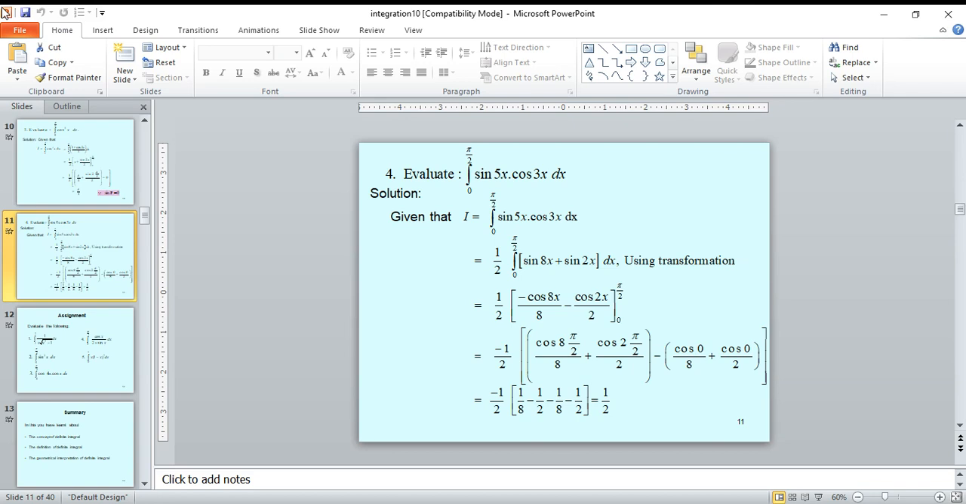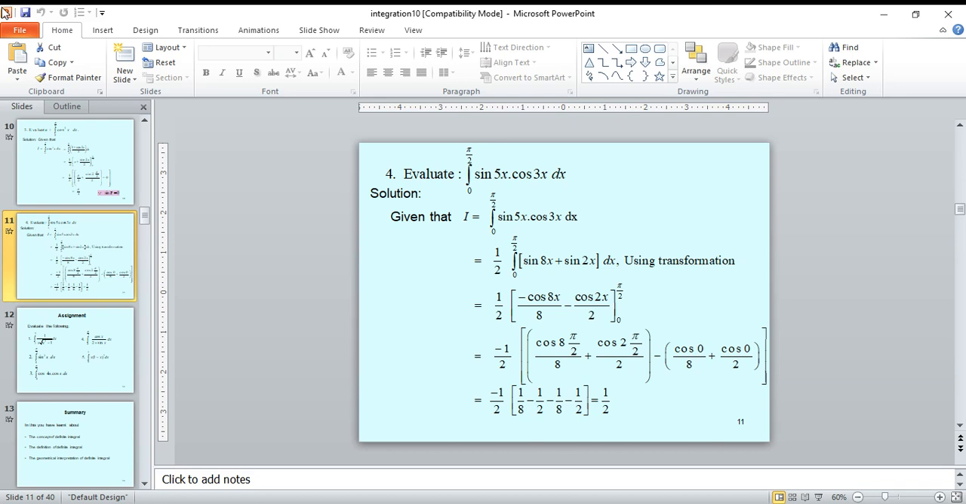apply upper interval. Upper interval is pi by 2, apply upper interval. Cos 8 into pi by 2 by 8 plus cos 2 into pi by 2 by 2, minus, apply lower interval. Cos 0 by 8 plus cos 0 by 2. In place of x apply 0, cos 0 by 8 plus cos 0 by 2 is equal